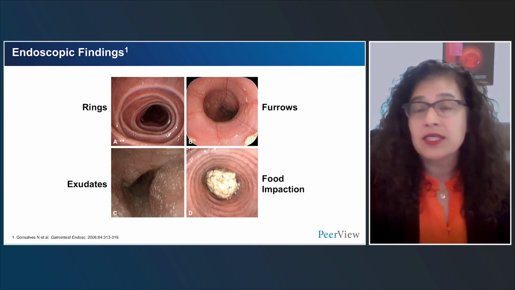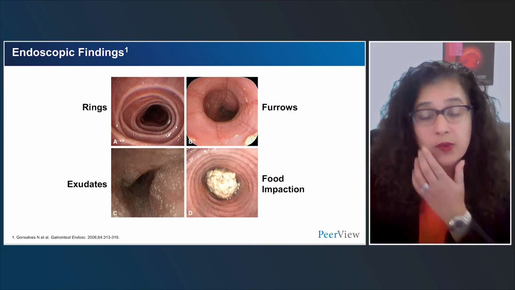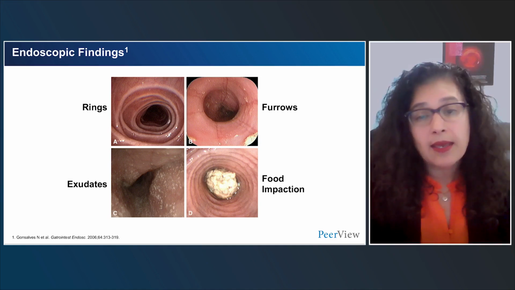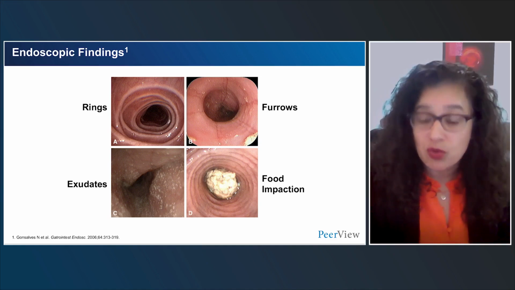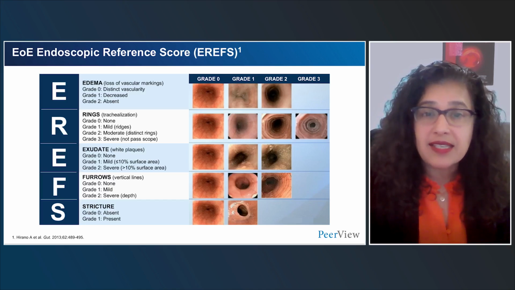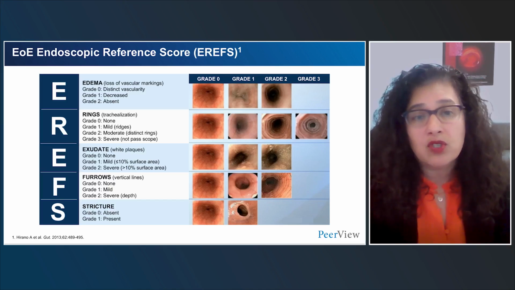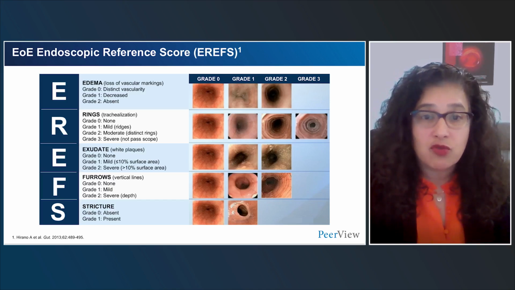And of course, in panel D, the dreaded complication of a food impaction, a food bolus. And here we see a piece of chicken in a patient's esophagus due to stricturing. I mentioned that endoscopic reference score. When you are doing endoscopy, it's very important to recognize these endoscopic features and record them in the EoE endoscopic